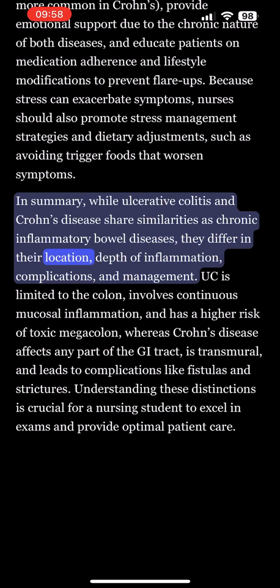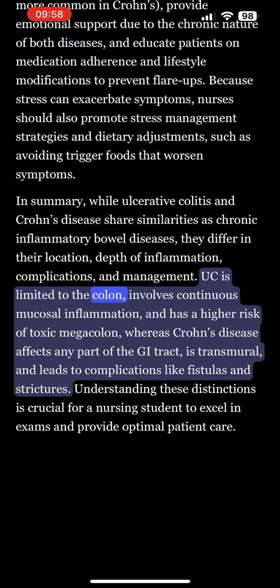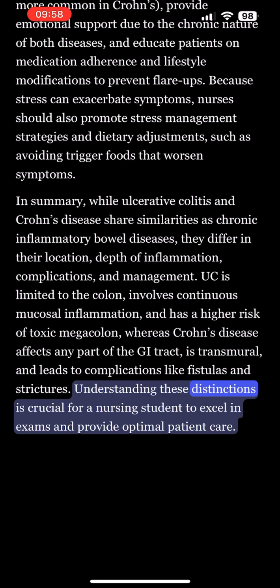differ in their location, depth of inflammation, complications, and management. UC is limited to the colon, involves continuous mucosal inflammation, and has a higher risk of toxic megacolon, whereas Crohn's disease affects any part of the GI tract, is transmural, and leads to complications like fistulas and strictures. Understanding these distinctions is crucial for a nursing student to excel in exams and provide optimal patient care,